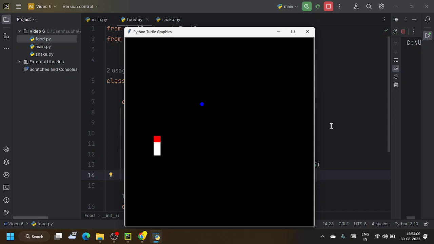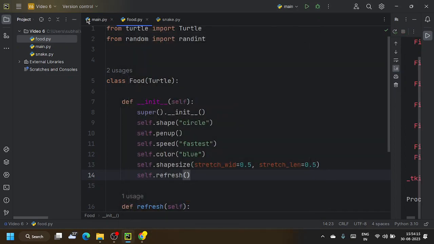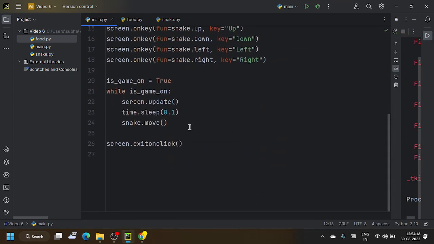Okay, one thing we have not done is the collision of the snake with the food. So let's do that. For that, if the move, okay, so here we will do,